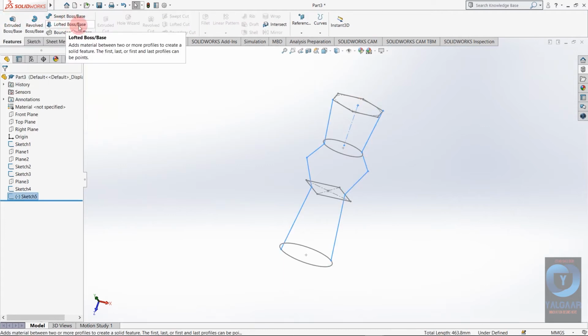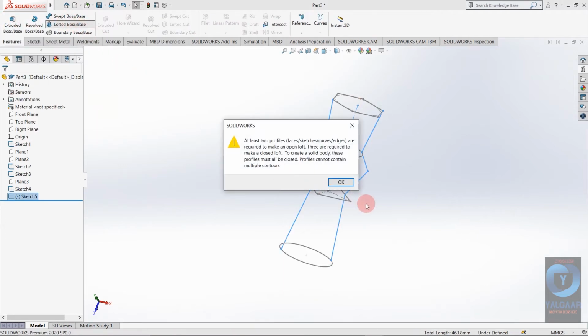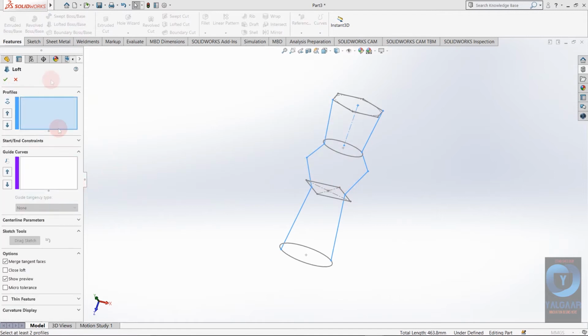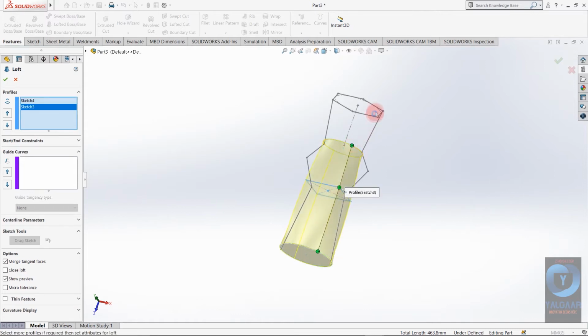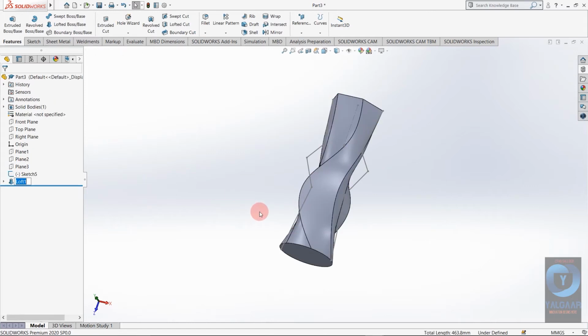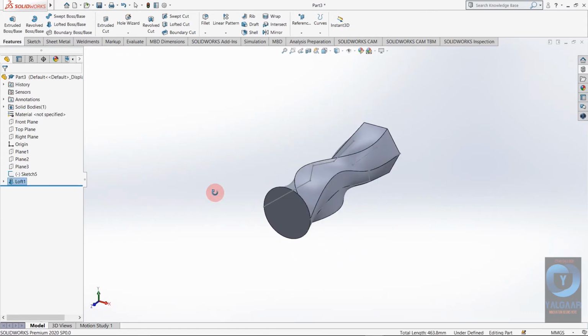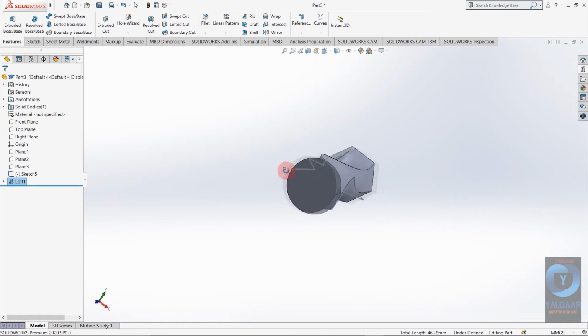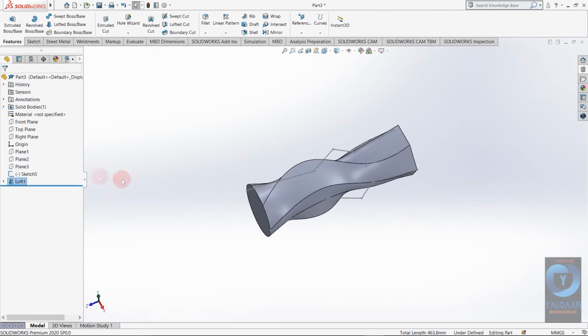Now I'm going to lofted boss. So for profiles, I'm selecting these 4 main profiles. If I do not select guide curves, you can see such a geometry or such a component, which is a little bit disturbing.